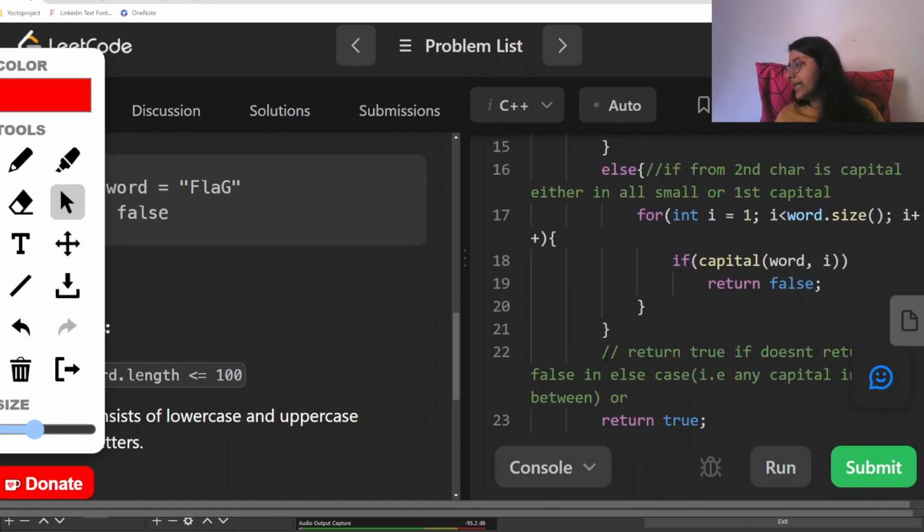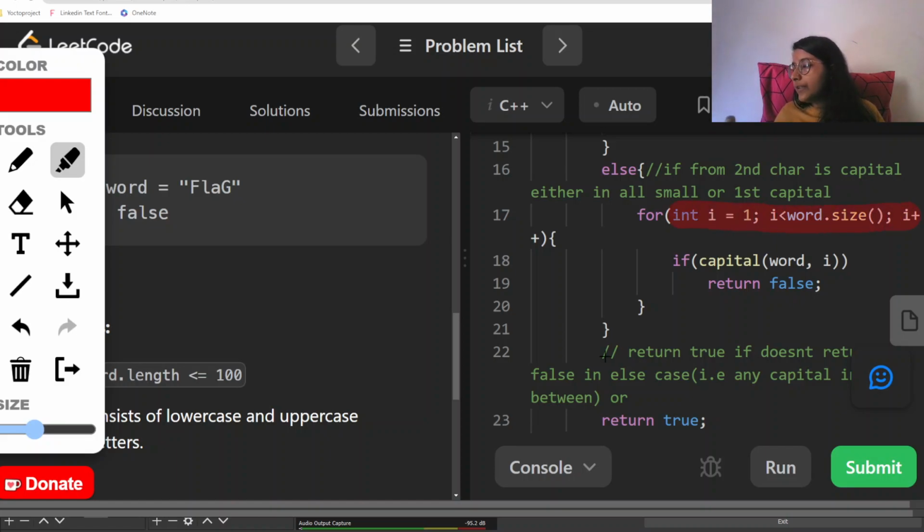Now comes the next part, that is the else condition of the question, that if first and second, both of them are not capital. If only the first is capital, or the first is small. Now comes the part that even if the first is small or even if the first is capital, the second letter shouldn't be capital, because earlier we just detected that the second letter and first letter both should be capital. Then only we will be checking for all other letters. But if now either the first is capital or the first is small,